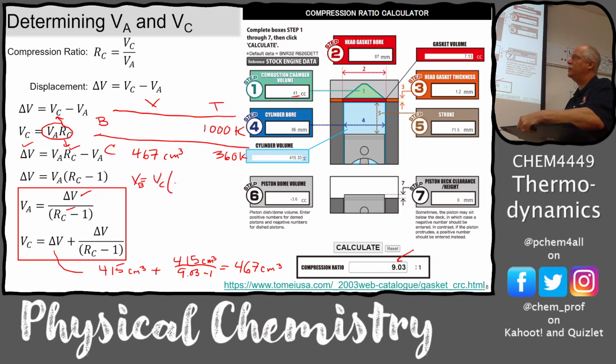And now which was the temperature on top and which was on bottom? So look at the relationships on the previous page. Pardon? Hot over cold, okay. And it was to the 1 over gamma minus 1, right? So that's our relationship. So we're solving for VB. So that's equal to 467 centimeters cubed